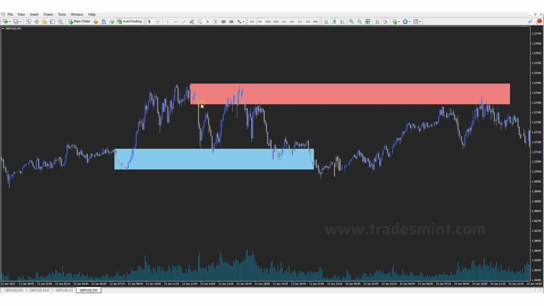I prefer to watch not candles as a leg out, like on the 1 hour time frame, but the whole wave. If I see a big wave as here, which is breaking the structure, breaking all previous lows, for me this is the supply. Something happened that pushed the price so strongly down. So on the higher time frame, I would draw just a zone from the one candle which caused this big break. But when I see more price action, more candles, more moves, I prefer to mark the whole opposite wave. As here was the bullish move,